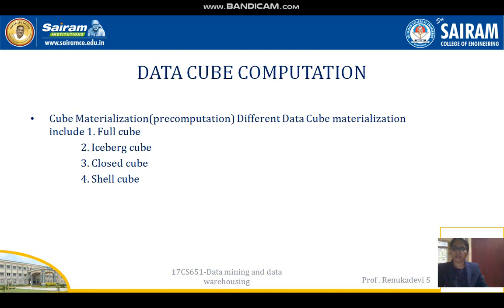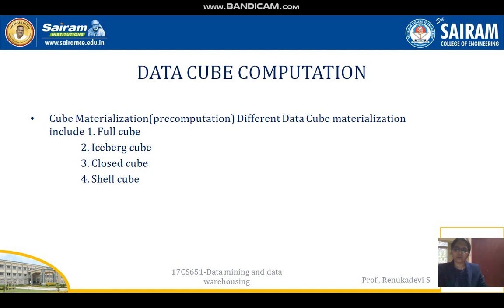The limitation with respect to these different data cube materializations, like closed cube and shell cube, is that they do not scale well with the number of group by attributes. At least the sort is exponential, and there is no partition with respect to exponential. And the pipe hash computes the group by from its smallest parent in the lattice. It uses a hash table for every simultaneously computed group by, and the problem over here is that it does not overlap as much computation as pipe sort. It requires a significant amount of memory to store the hash tables.